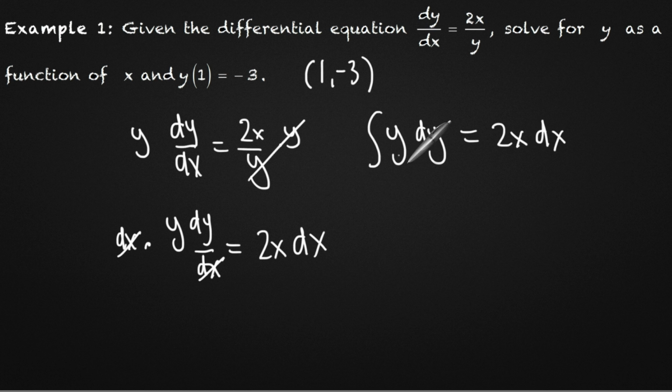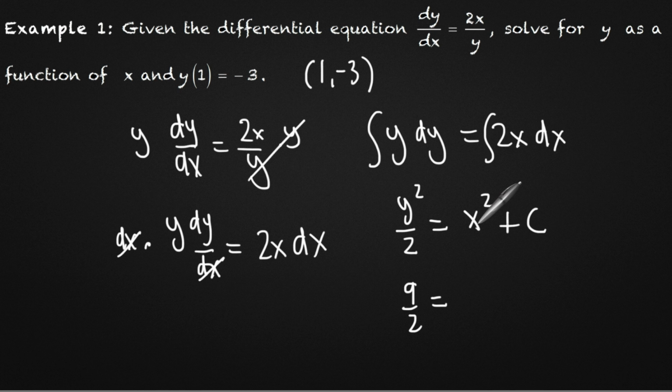Now I'm going to integrate this side with respect to y, and this side with respect to x. When I integrate y, I get y squared over 2. Technically there's a plus c right here, but I'm going to move the constant over to this side so that we don't have two constants. We'll combine them into one constant. This is going to end up giving us x squared plus a constant. At this point, we're able to plug in our initial condition to get our c. So when x is 1, y is negative 3. So negative 3 squared is going to be 9 over 2,